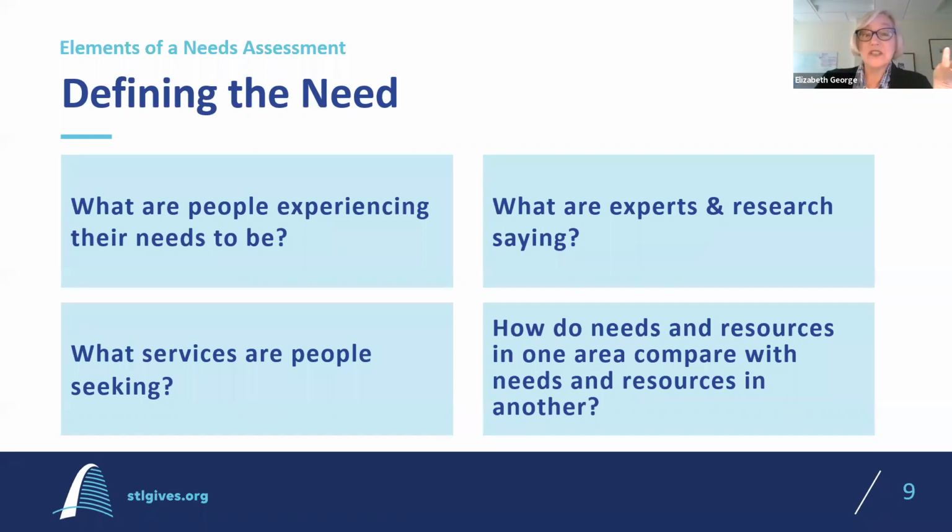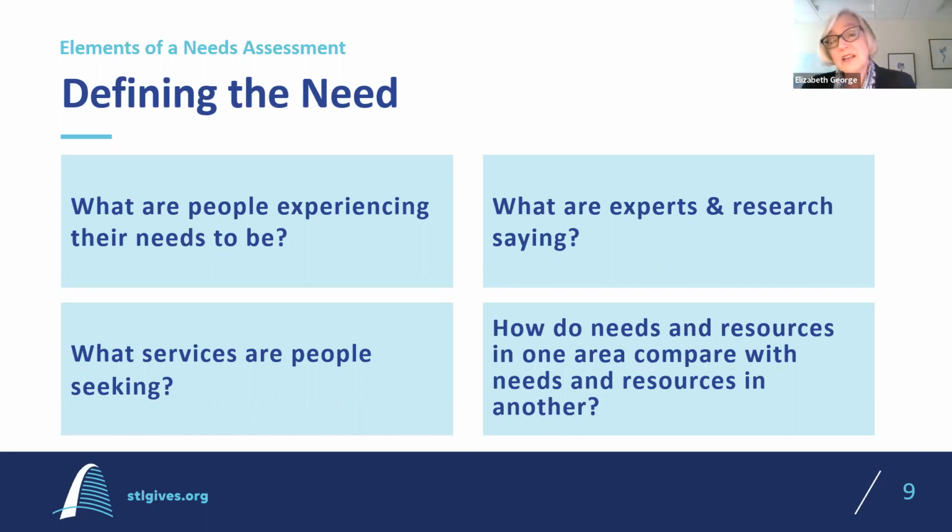The second is, what services are people seeking? That's expressed need. And you see expressed need when people actually show up. So someone might say, I really, really want that parenting class. I need to know more about parenting. I understand that. But then when you offer the parenting class at 3 different times, they don't show up. There's a difference between perceived need and expressed need. The other place you can look at expressed need is your own waiting lists. If you have waiting lists for your programs, then you know that people are really showing up for that. And it tells you that that program is needed.